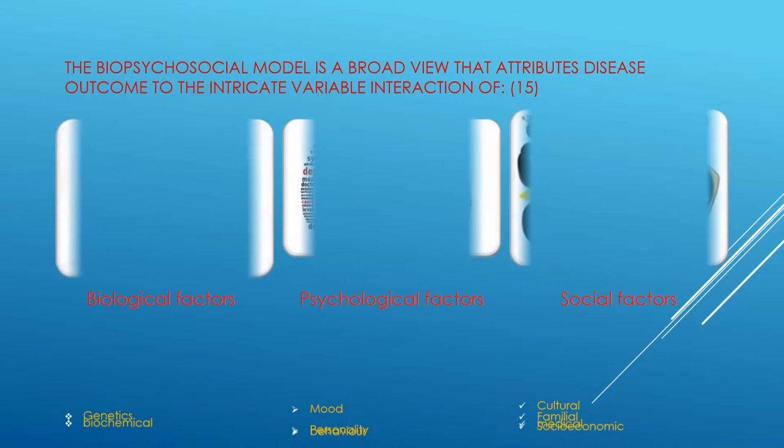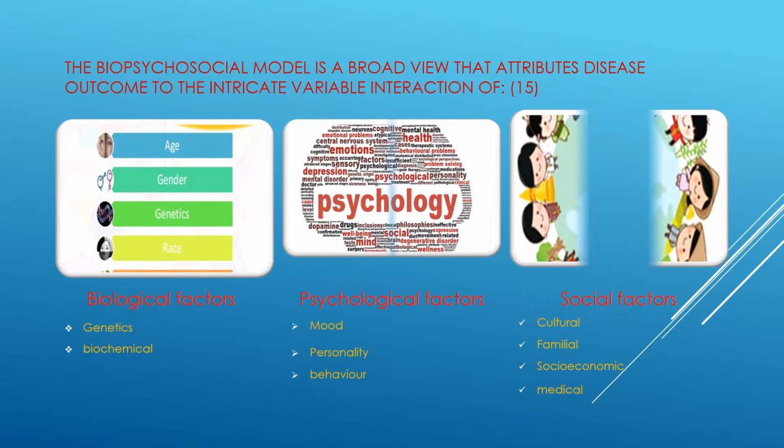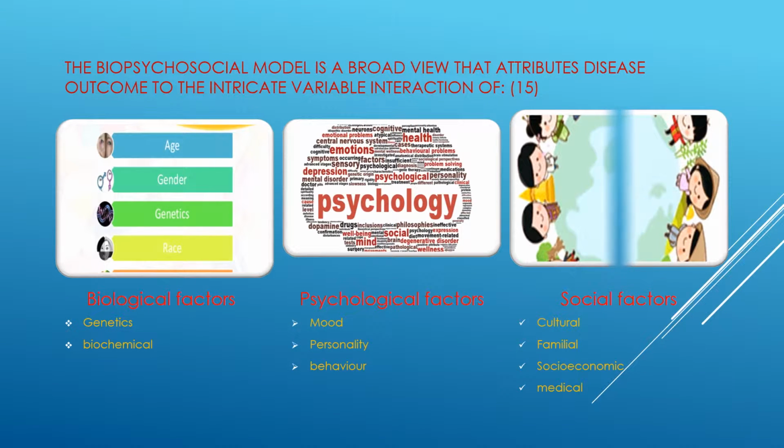Okay, so let's talk about the factors that the BPS considers. We have biological factors. Those factors deal with studying the physiological causes of the disease at their base, such as genetic issues, low immunity, hormones, and physical trauma, to name a few. We have psychological factors. Those suggest that there might be some mental conditions that contribute to the manifestation of the illness, affecting the patient's health directly or indirectly, such as depression, addiction, low self-esteem, negative thinking, etc.